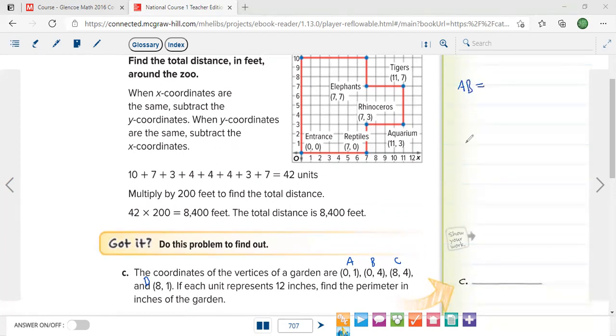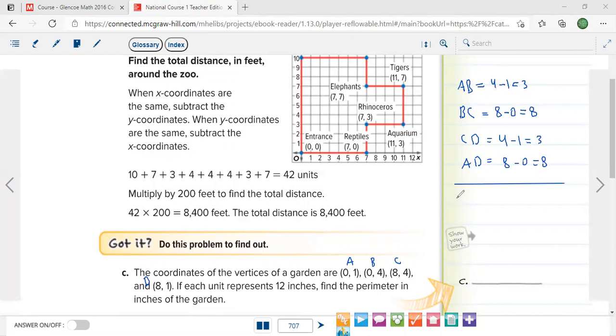Cancel out the 0, so 4 minus 1. This will give 3. Let's find the BC. BC, cancel out the 4, so 8 minus 0. This will give 8. CD. CD, cancel out the 8, so 4 minus 1 again. This will give 3. Finally, AD. A and D, cancel out the 1s, so 8 minus 0 will give 8. So, the perimeter, if you add them up,